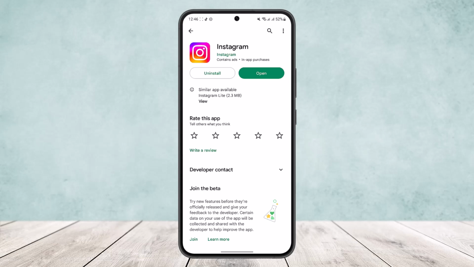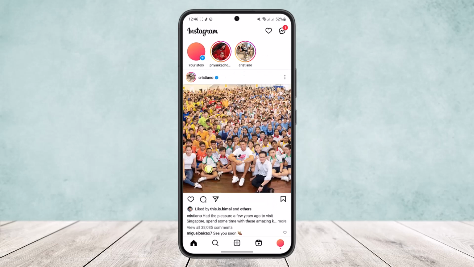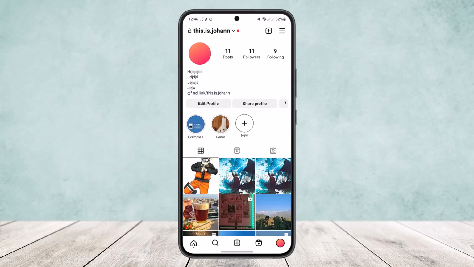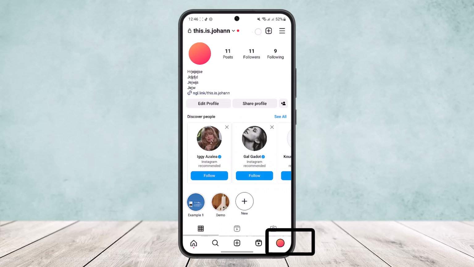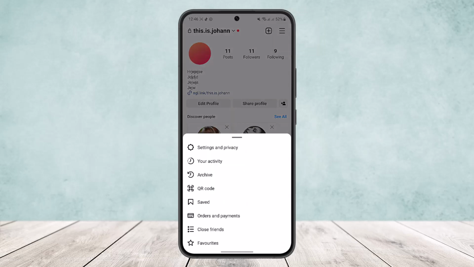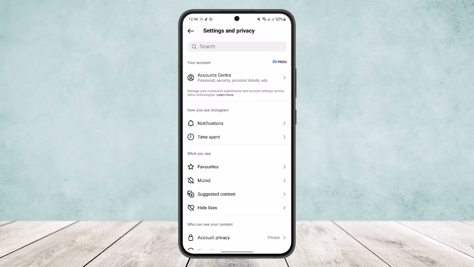Now, to be able to do so, open up the Instagram app and you'll get an interface like this. Head into your profile by tapping on the profile icon on the bottom right corner of your screen, and then tap on the three horizontal line icon that you can see on the top right corner of your screen. Once here, what you want to do is head into settings and privacy, and if you scroll down below, you'll